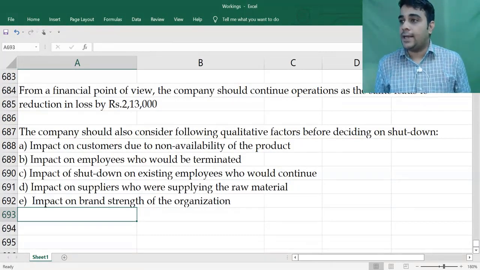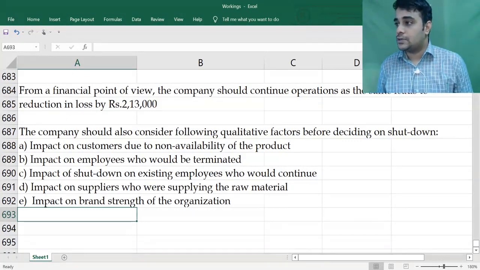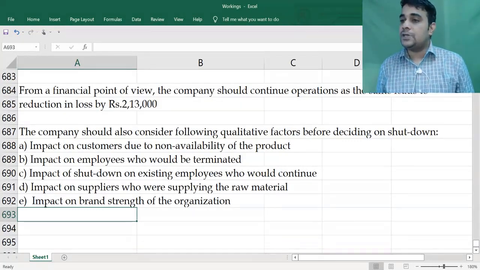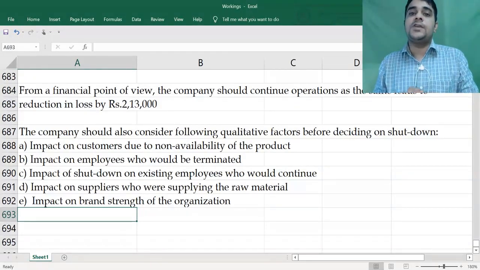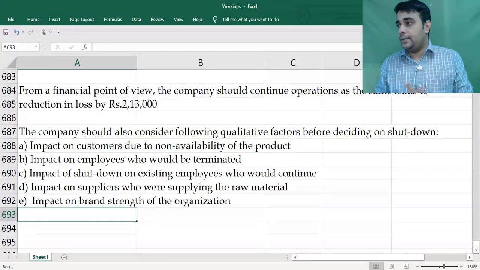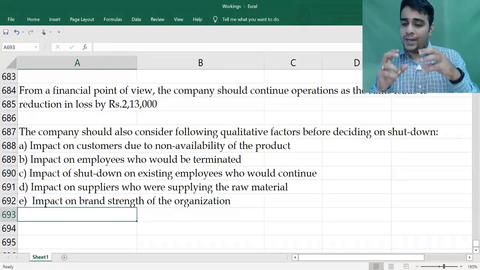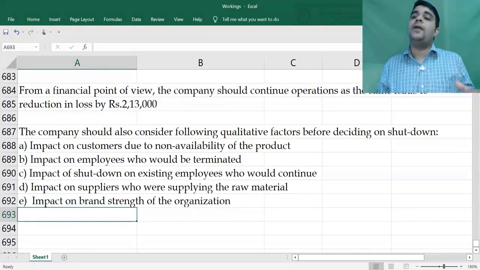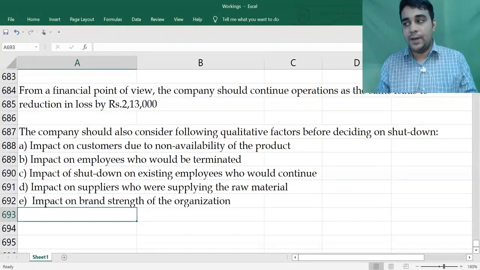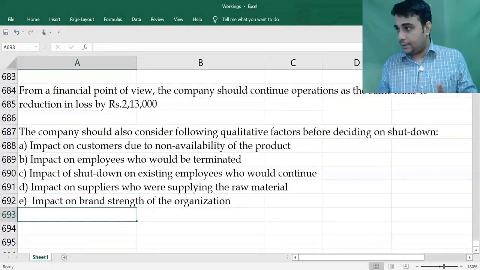You may have 4 products with you. In that, even the first product's whole demand may not be met. It all depends on how much demand is there and how much resources you have. Sometimes there could be limitation on the availability of resources. So what we do in a limiting factor problem is, first you understand which is the limiting factor. For that you calculate the demand for the limiting factor and the supply of the limiting factor. You compare both and then decide which is the limiting factor you have.